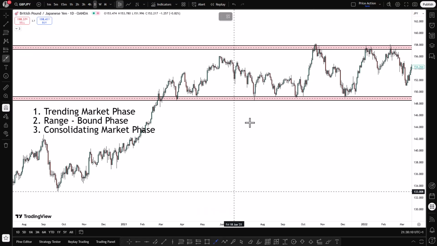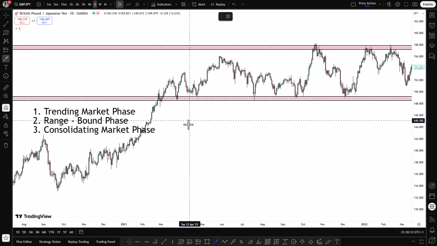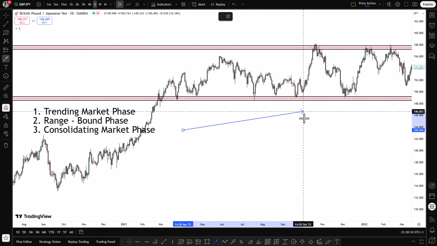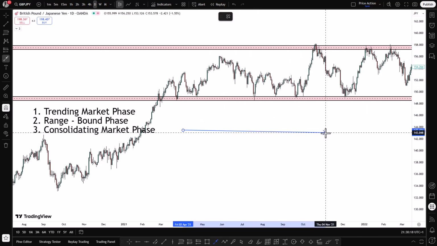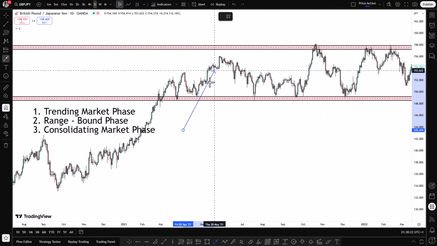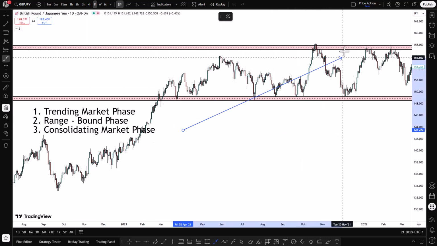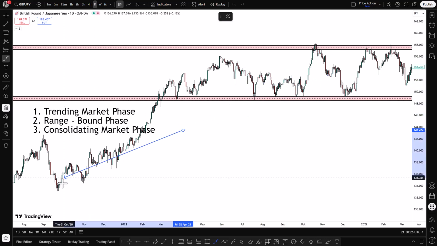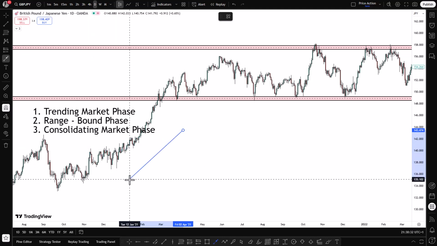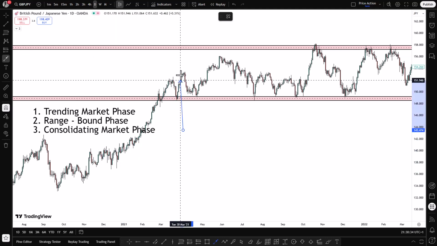When we have a range-bound market, usually what tends to happen is price is going to be bouncing off of levels of horizontal support and resistance. This is an example of a range-bound market phase. You can see that before price started ranging, it was actually in an uptrend. It was forming higher highs and higher lows, higher highs, higher lows, higher highs, obviously, till we reach this area,